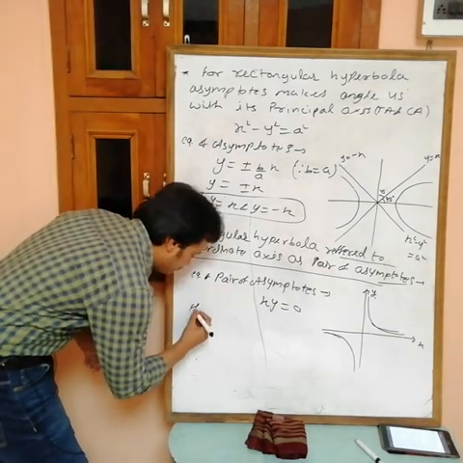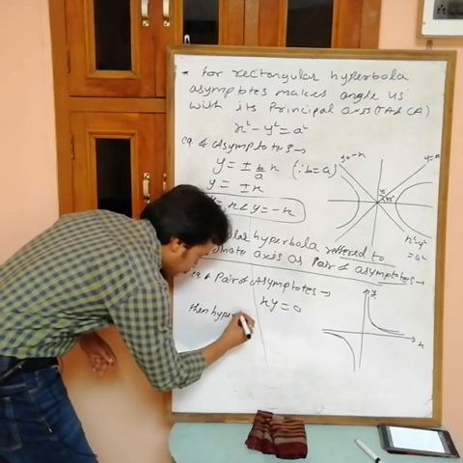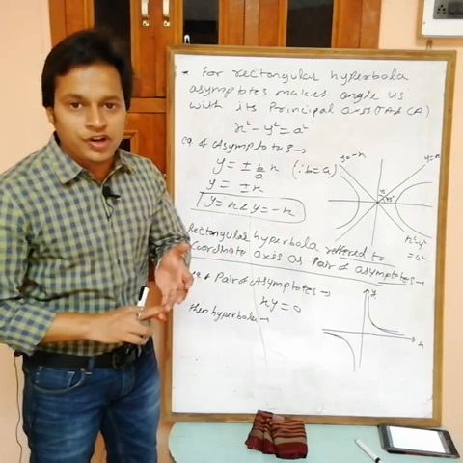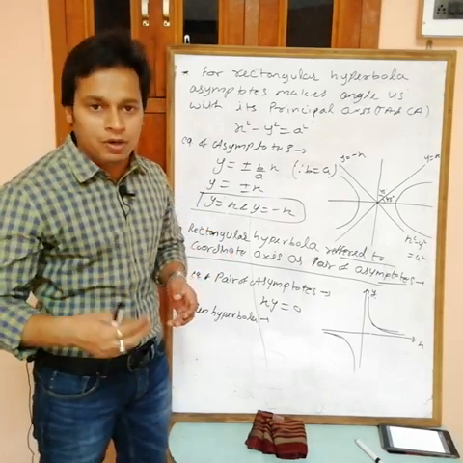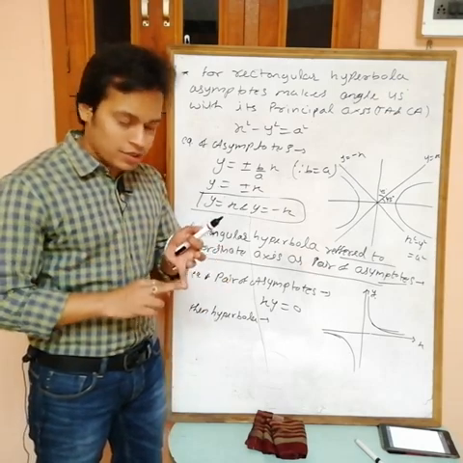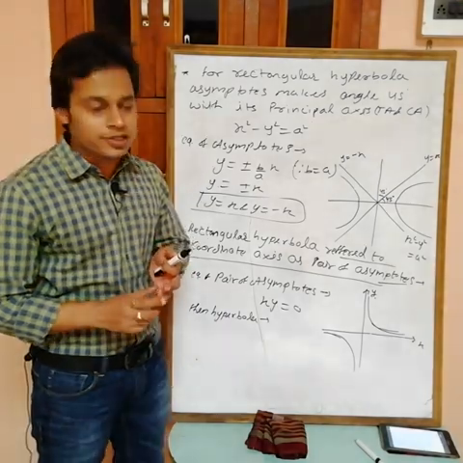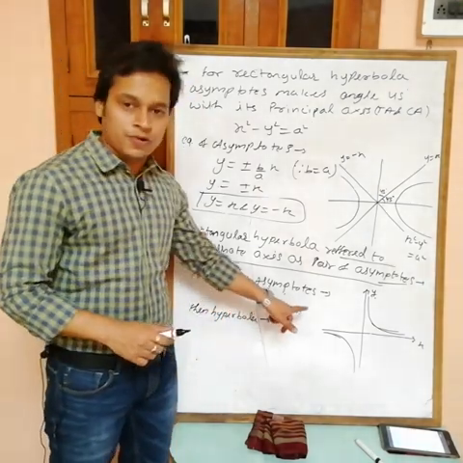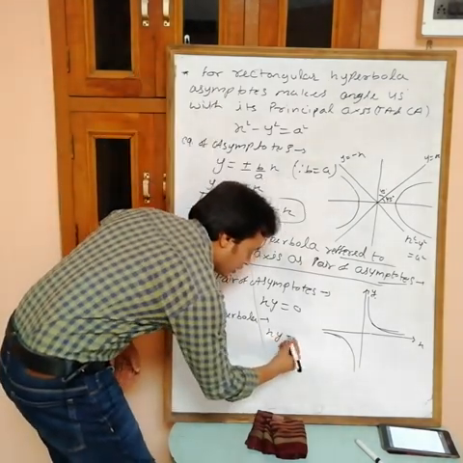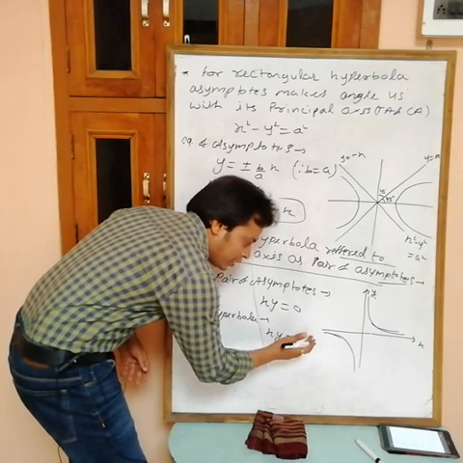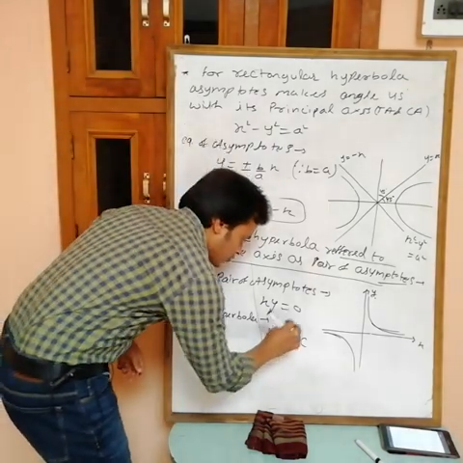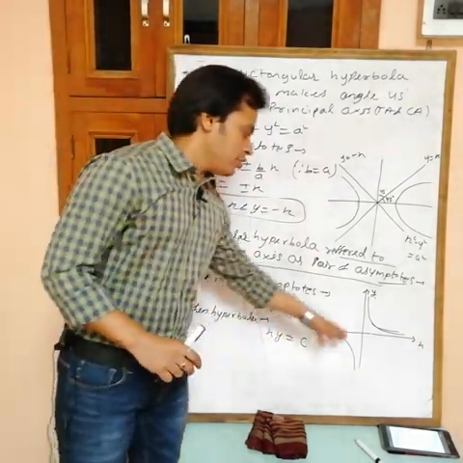Then the hyperbola. We know that in case of a hyperbola, there is only a difference of constant term between the equation of the hyperbola and the equation of the pair of asymptotes. So the pair of asymptotes is xy equals 0, then the equation of the hyperbola is xy equals a constant, where the terms of x and y remain the same. There is only a difference in the constant term, suppose C. So xy equals any constant. This is the equation of this hyperbola.